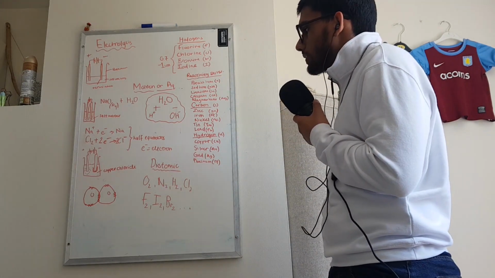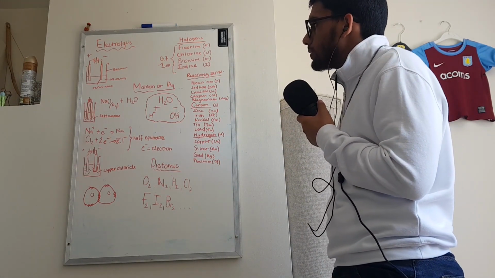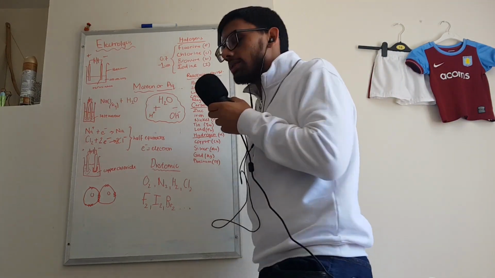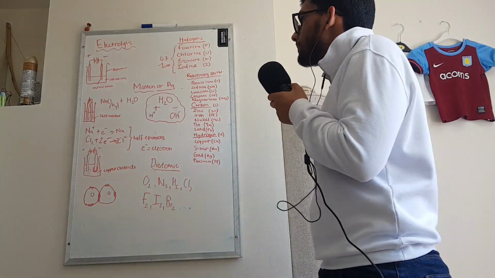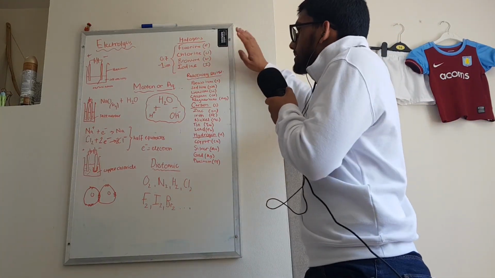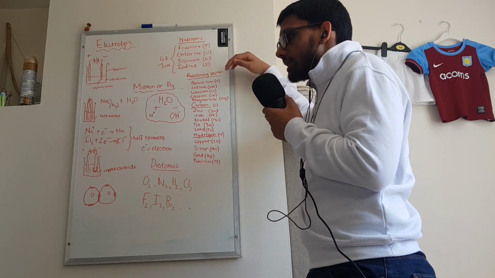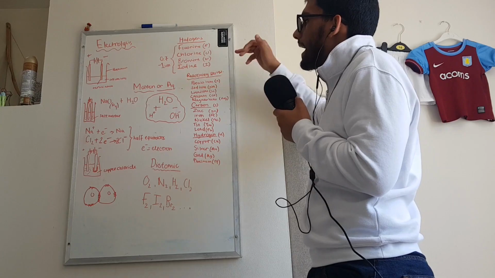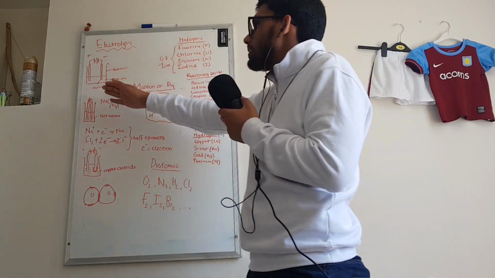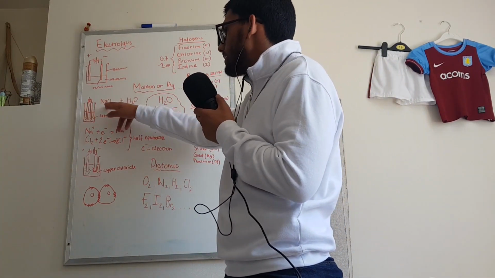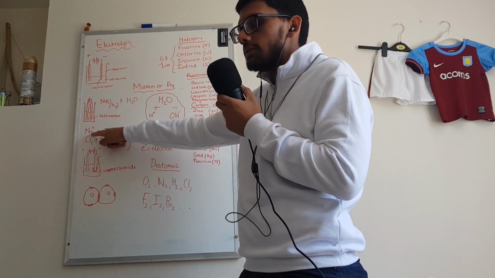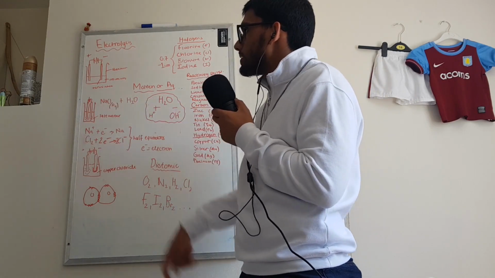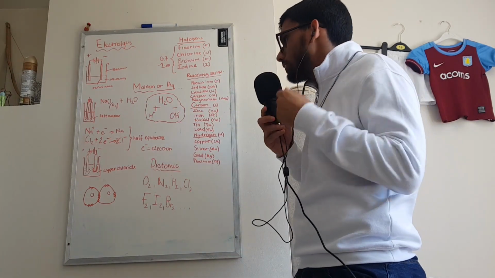So let's go over the first rules. The most important rule to remember is if a halogen is present, it will form at the positive terminal, at the anode. The reason for this is the halogens are the most reactive, so you won't get other things like hydrogen or oxygen forming, but you will have the halogens forming at the positive terminal. So in the salt case, the Na will become Na positive and the chlorine will become chlorine negative. The chlorine will then go to the positive terminal as it is present,